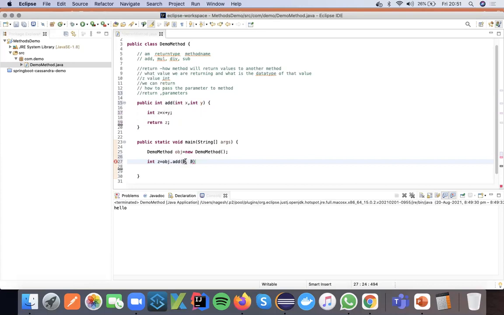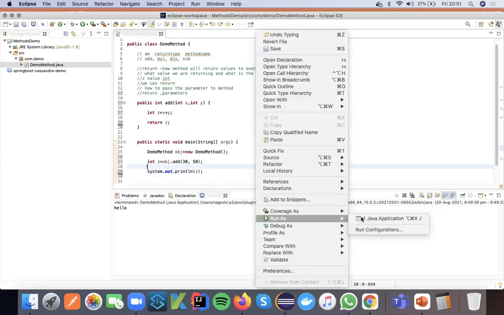First one is 30 and second one is 50. And if you print that z value here, we'll see what will happen. So this will access that value.